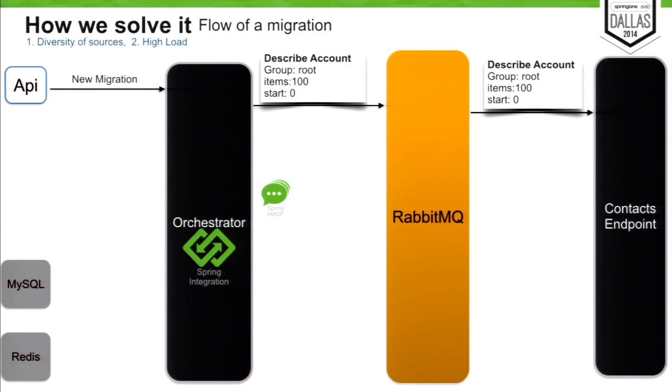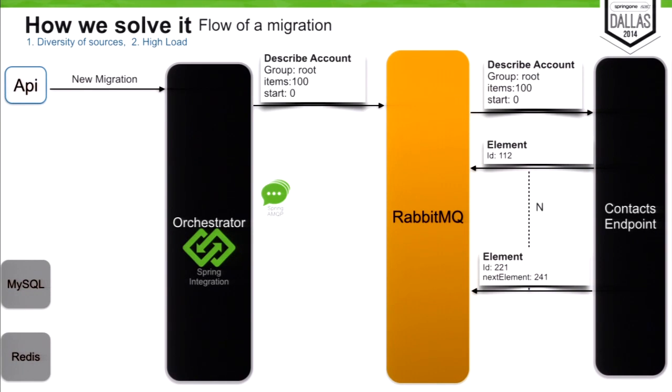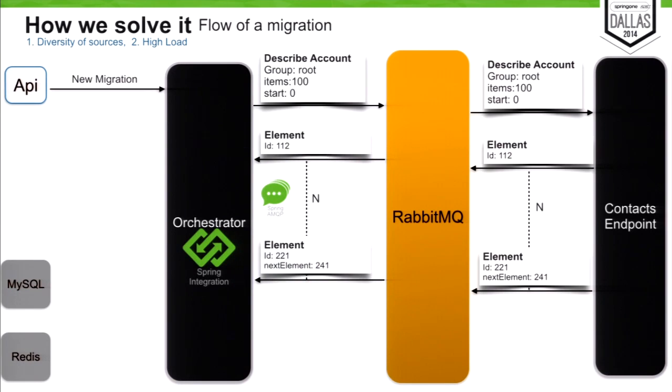Okay? And then the endpoint has to reply with the ID for each element and with what's the next element for the following batch. As you can see here, this is the protocol that I mentioned before. All the endpoints have to do the same, to support the same operation and to reply with the same thing. Here we're only asking for the ID and the parent because we're creating the plan for the migration. We're not doing the migration yet.